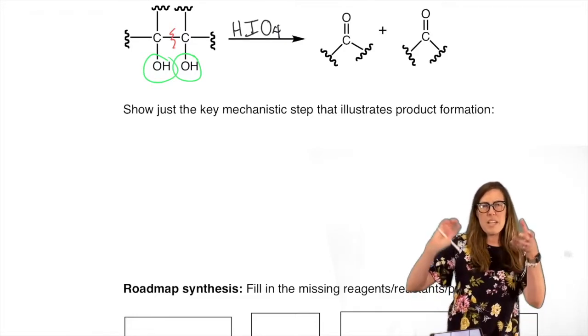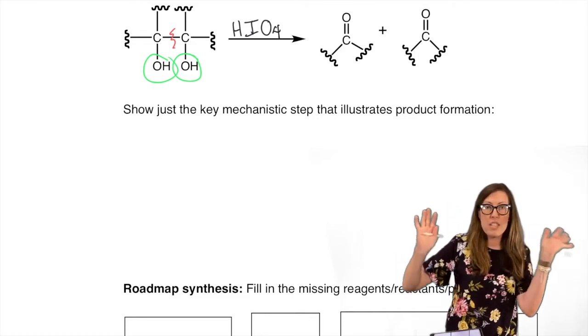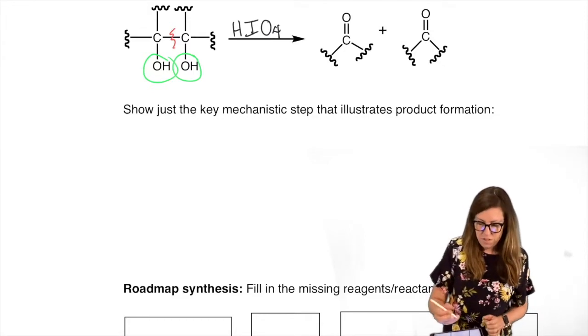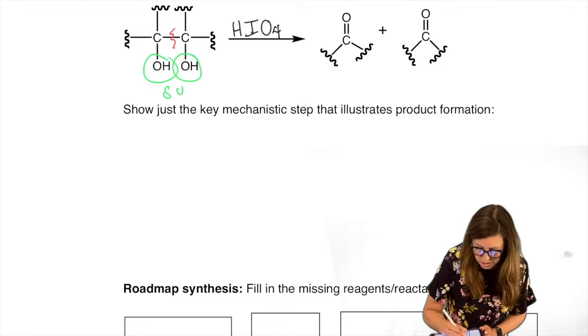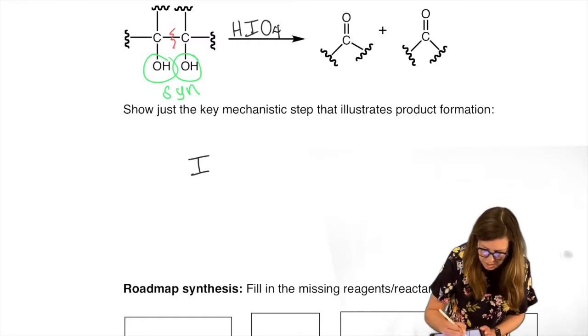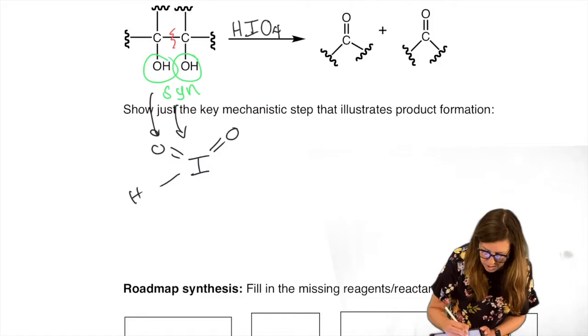So even if you made an anti-diol, you just have to rotate it so it's syn. If it's in a ring and it's anti, you're out of luck. It's not going to happen. If it's a ring and it's fixed syn, you can do this. If you're not in a ring, you can always rotate, right? So they need to be syn. And this mechanistic step here, I'm just skipping ahead because this is one we're not showing the whole thing for, but this helps you understand this intermediate I'm drawing, and why it has to be syn.